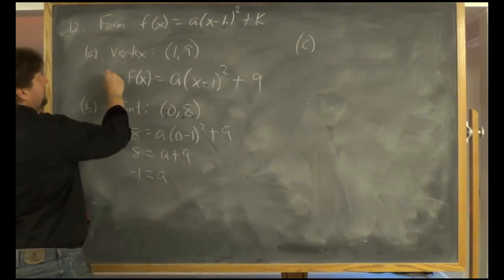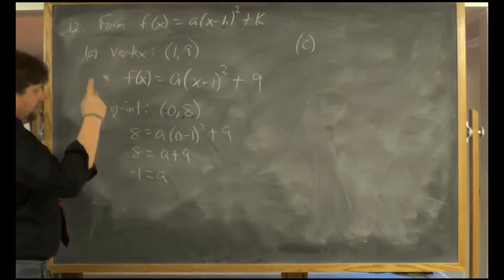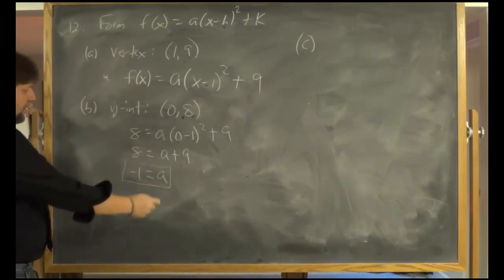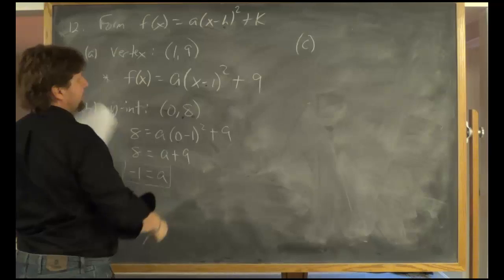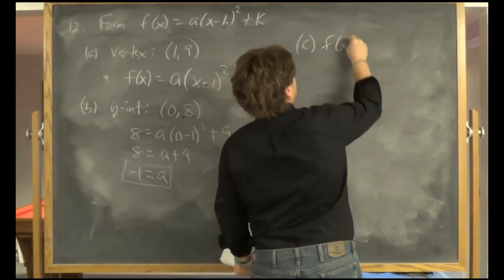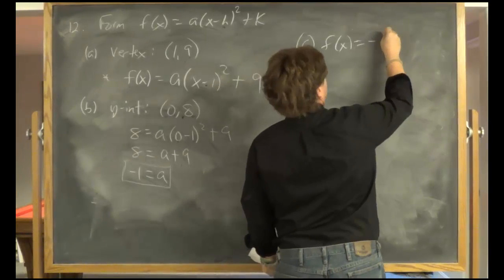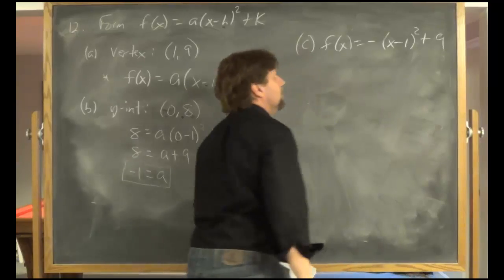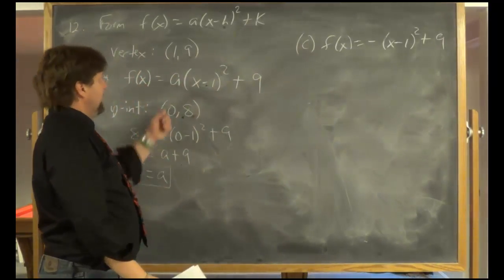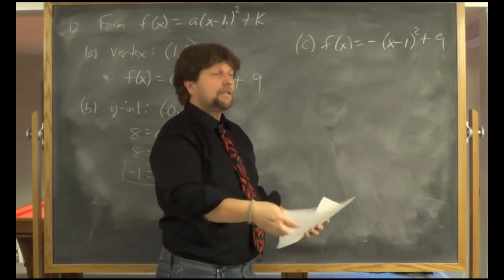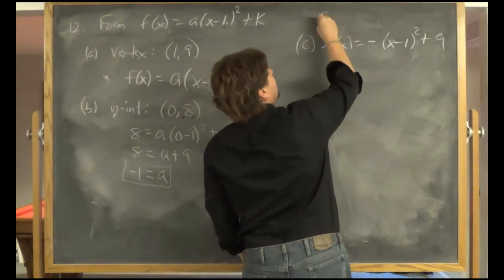This is what we got from part A. In part B, we determined A has a value of negative 1. Well, if we put that negative 1 in here for A, we see this is the function. There, I just put this -1 in here for A, and I have that. But we're asked to put it in the form ax squared